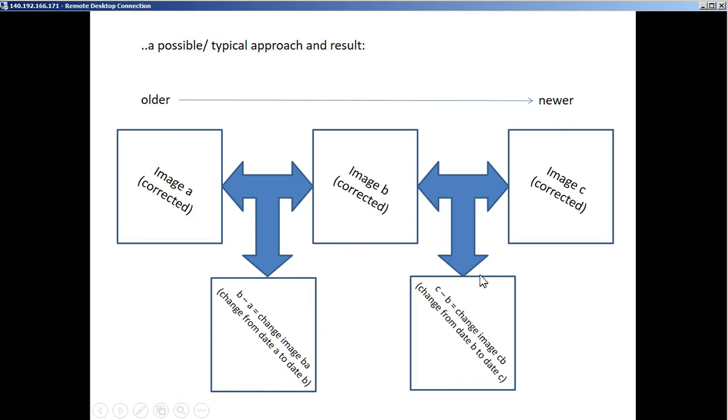Now, why would you do something like this? Well, one of the reasons would be, what if we're interested in analyzing whether change is slowing down or whether change is speeding up? If we have two different change images, then we can quantify the amount of change. We can calculate, using some GIS tools, the area of change, of a particular kind of change that's taken place wherever we're looking, and